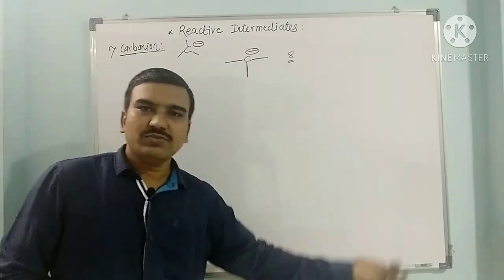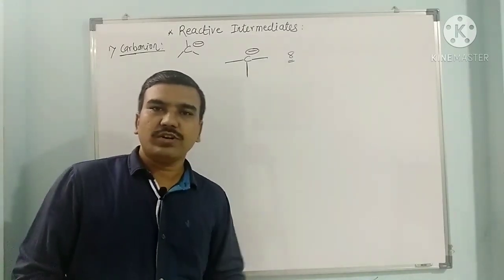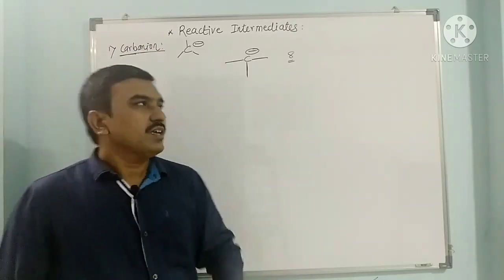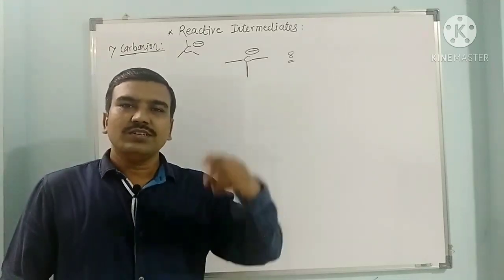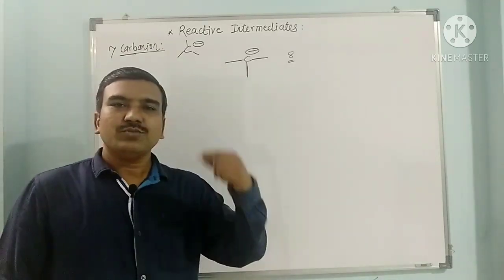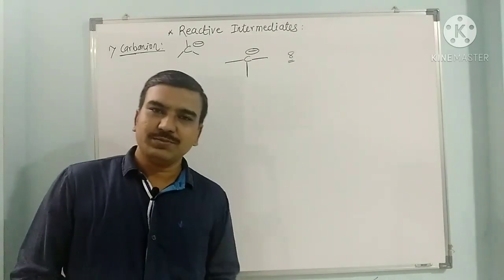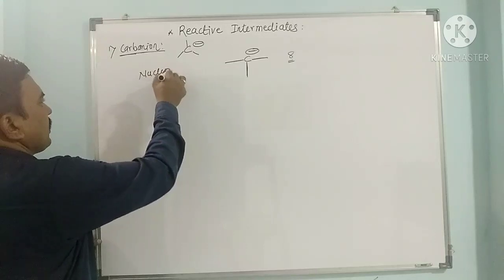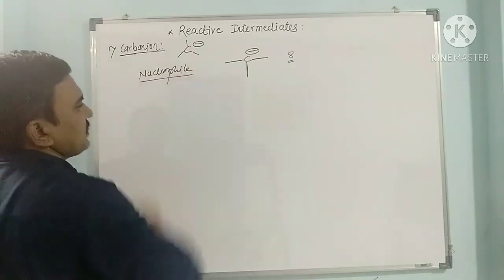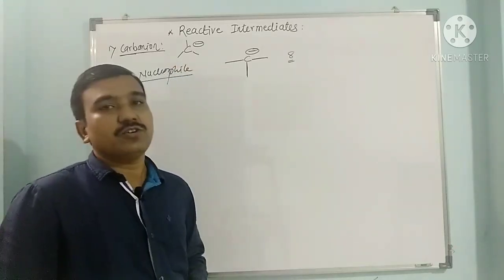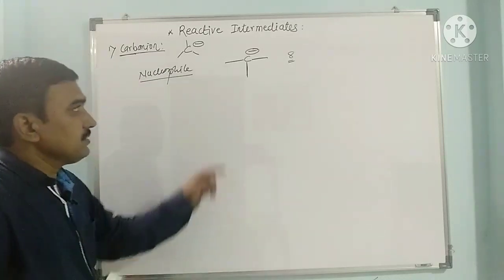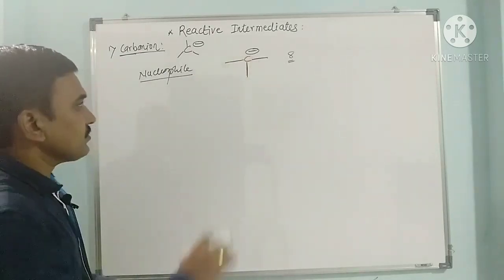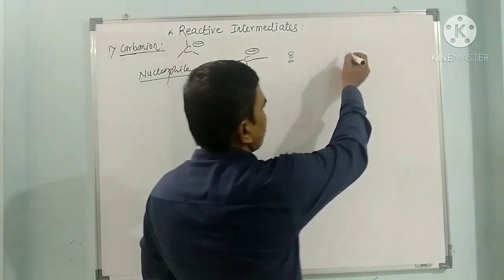When it donates its negative charge or electron density to another group or atom, then it gets stabilized because its valency should be 4. Now here it is trivalent. So to make the 4th valency, it has to donate this electron pair to any electron deficient species. So these act as nucleophiles, because it is an electron rich species, an electron pair donor. So as this is the electron rich intermediate, now its structure is as follows.